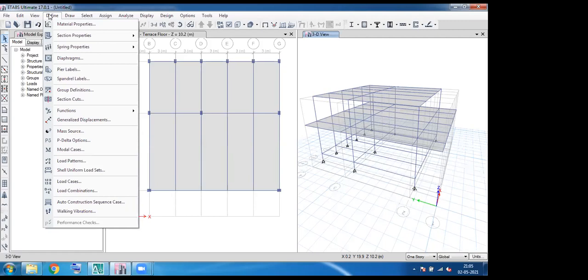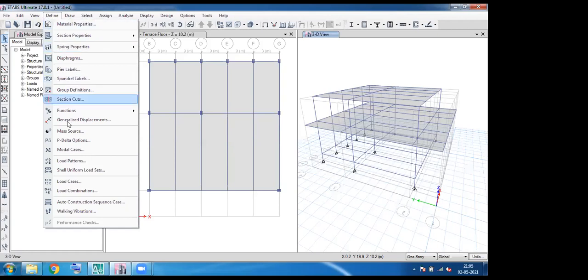Why? Because we already defined the materials, that is concrete and rebar steel, and we also defined the section properties. Using these data, ETABS will automatically calculate the dead load. What we need to input is the live load, and since we are going to give some mortar screeding above the floor, that is a floor finish, we need to give the floor finish load as well as the live load. If we are constructing a wall above the beam, we need to give that too, and also the wind load as well as the earthquake load. Right here, I'm going to give simply the live load and the floor finish load.